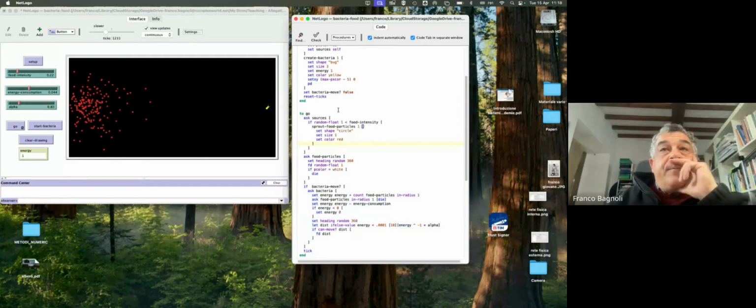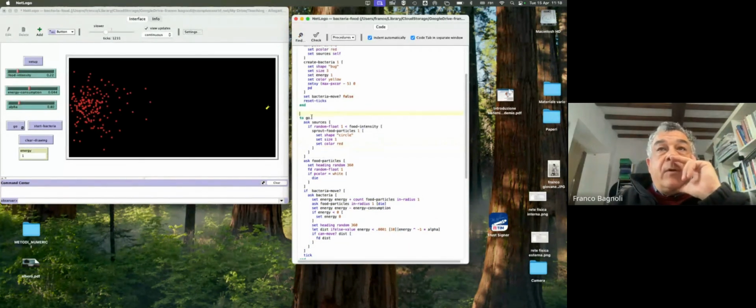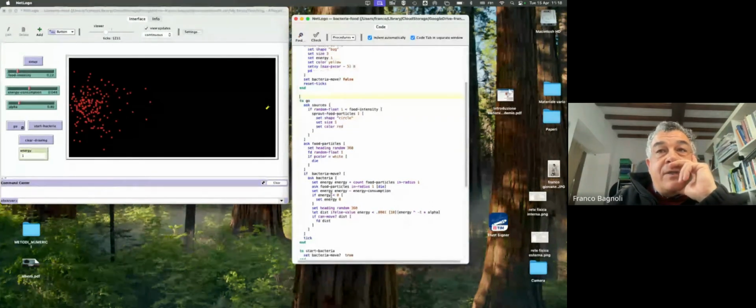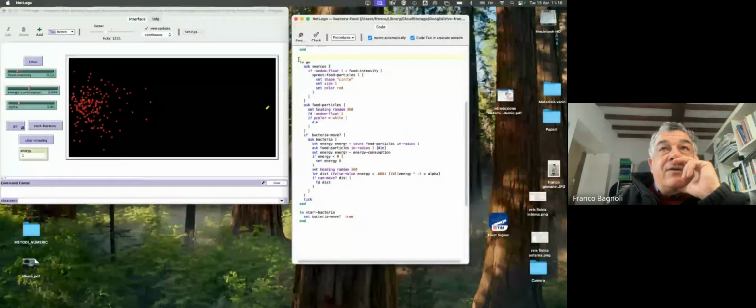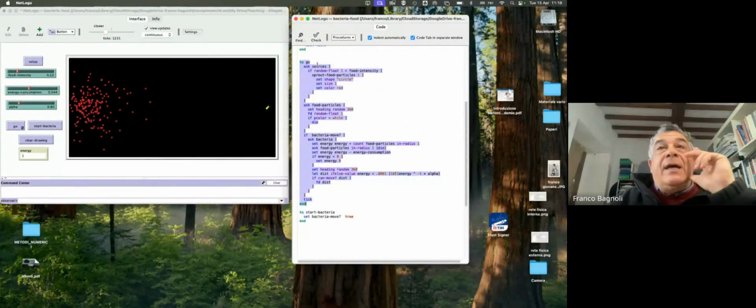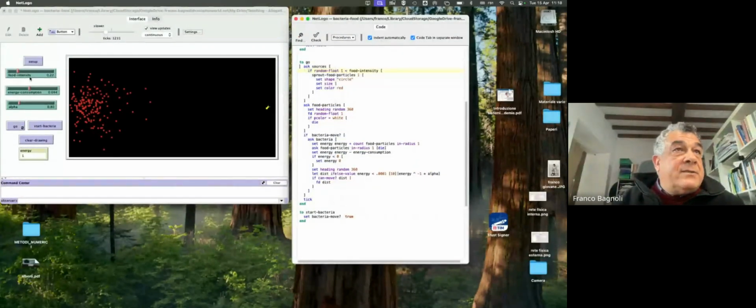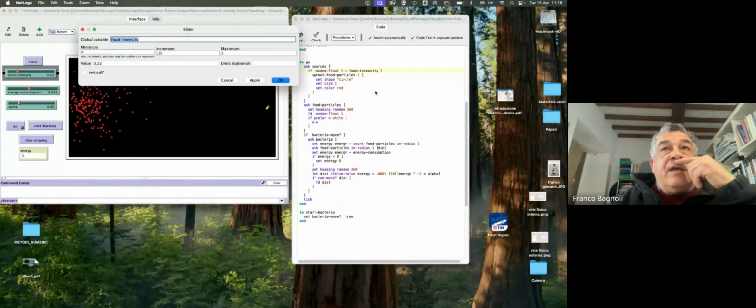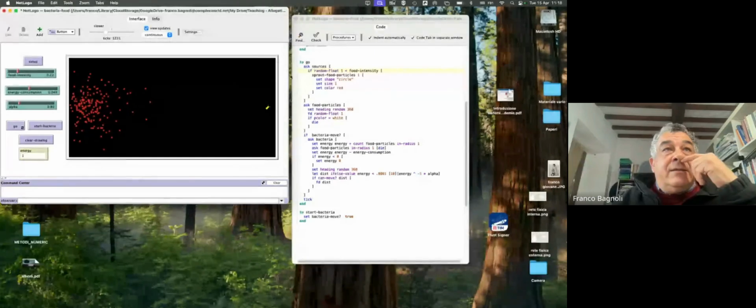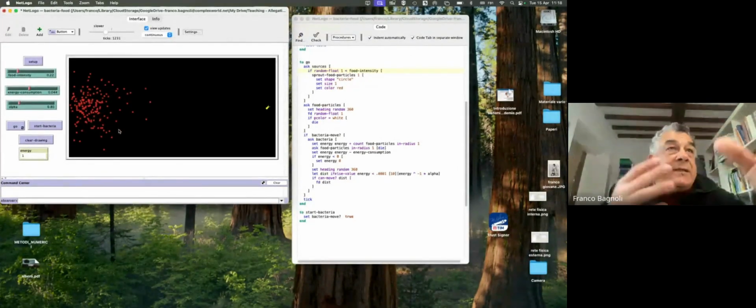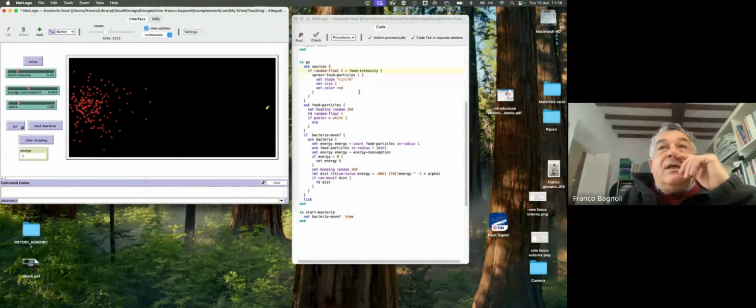Then there are not very many procedures. There is only go, and in go I first of all emit particles. So I ask sources to emit particles. So with a certain probability which depends on this variable food intensity, the sources, which is only this red patch, but then we can make a version with more sources,